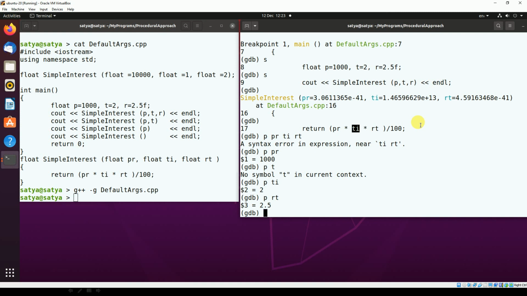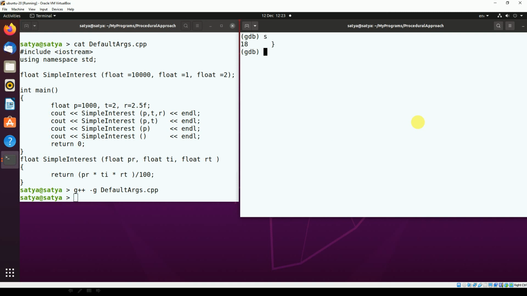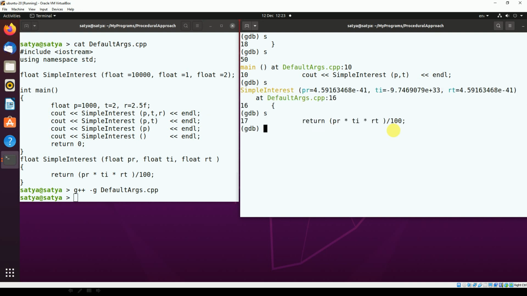Now this function is executed. Second time, I am passing only p comma t. So for the first argument, I am passing the p value 1000, and the t value 2, but the third argument I am not passing. So what will the compiler do? Let's see PR. 1000, because you are passing 1000, so the same 1000 will be here.